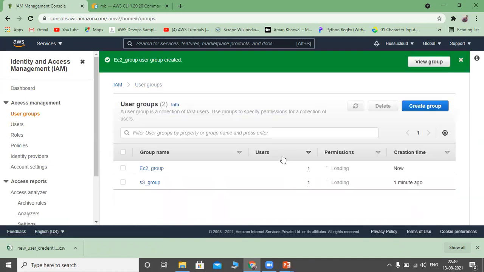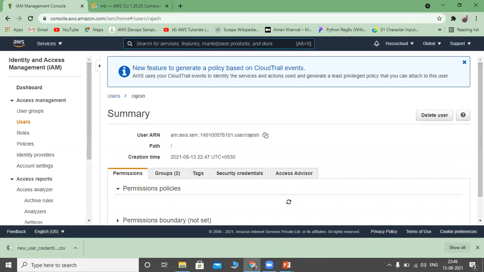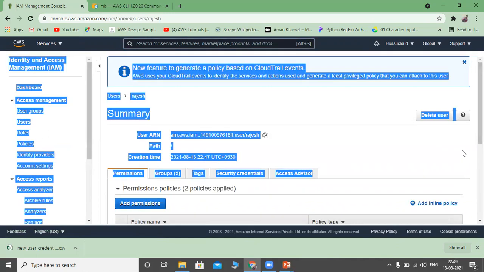See, I need authorization to access Amazon Cloud services. So let's say I want to access the EC2 service and S3 service. For this, I need authorization. That authorization is nothing but your user. That user is nothing but Rajesh. This user has two authorizations: one is S3 full access and EC2 full access.